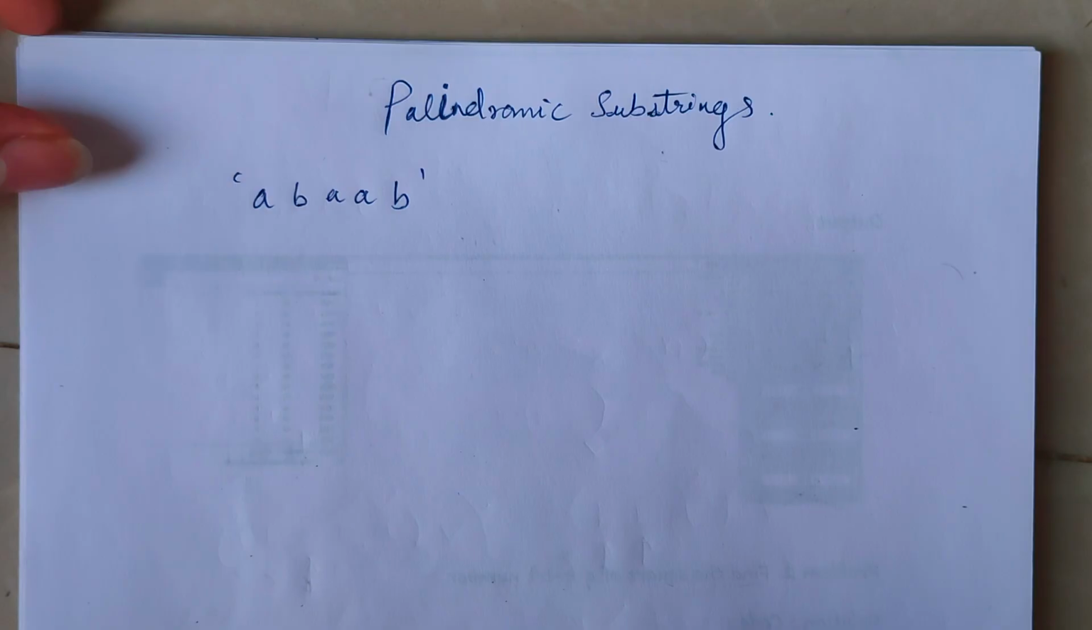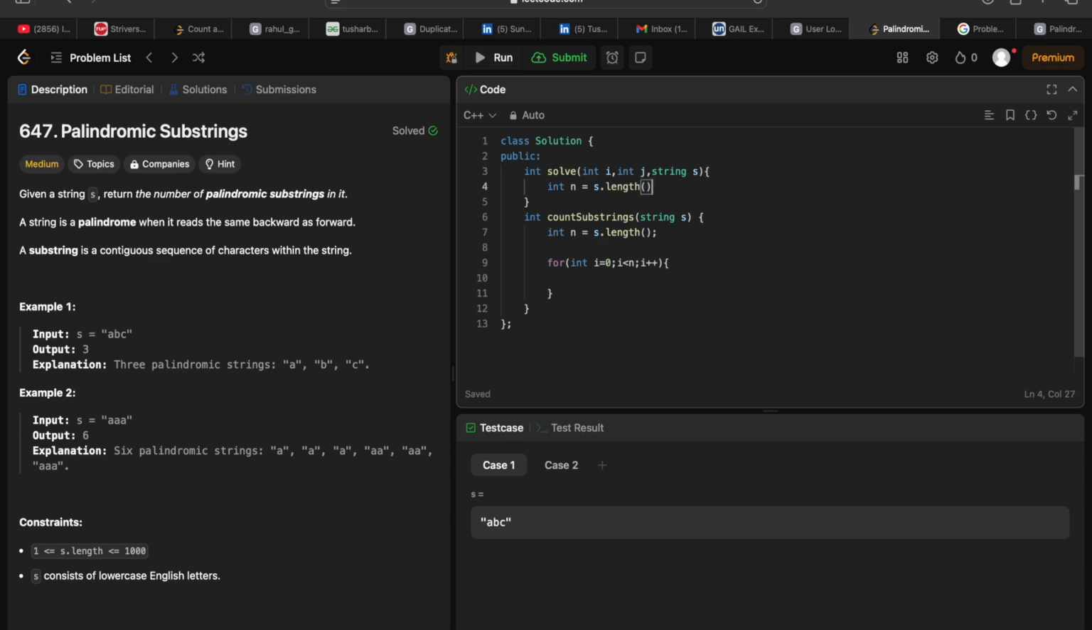So int n is s.length. We would explore the string until any pointer comes to an end. So while i is greater than or equal to 0 and j is less than n, and let us have a count, int count = 0,